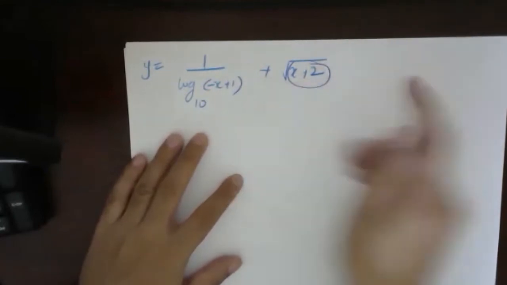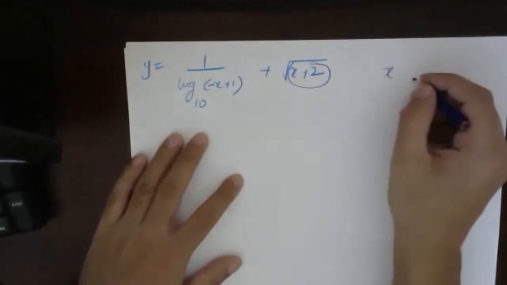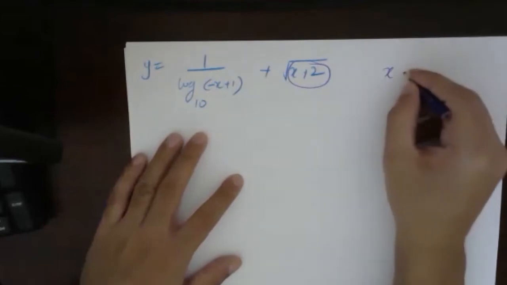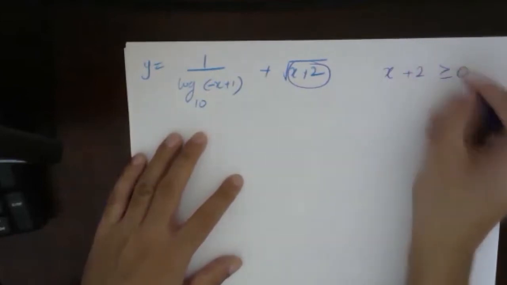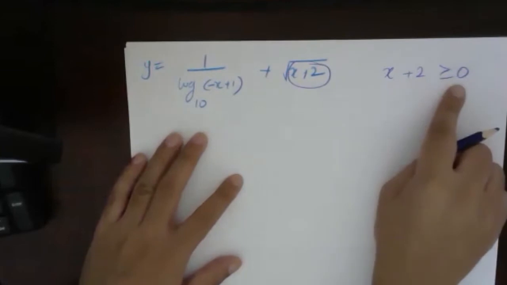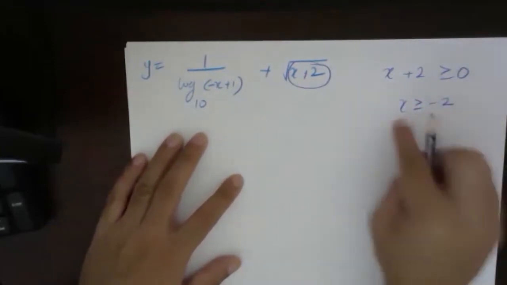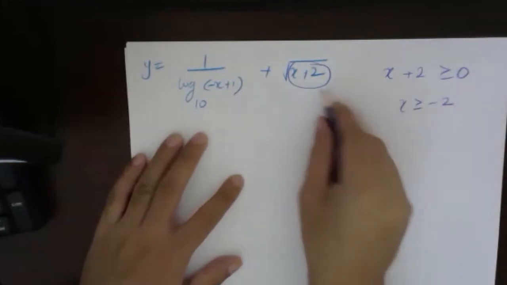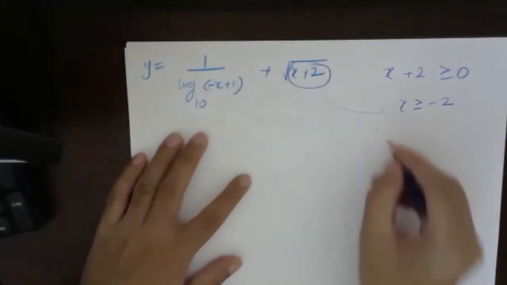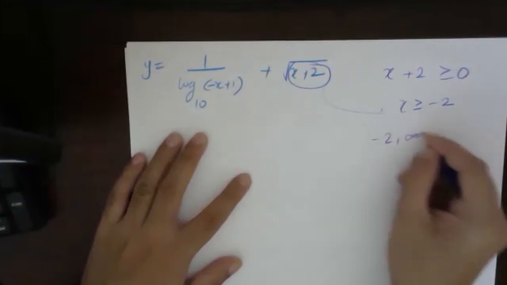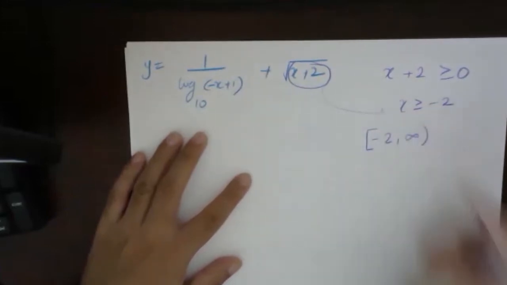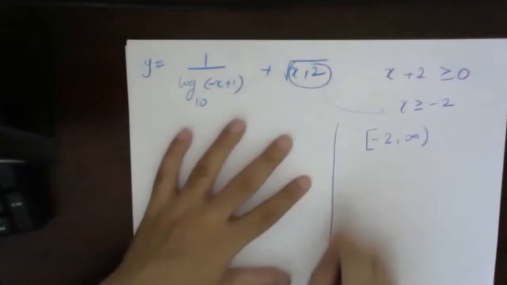So we'll simply write that x should be, now it is correct, Harshada. x plus 2 should be greater than or equal to 0. That means x should be greater than or equal to minus 2 from this part. That means we got, first thing, minus 2 to infinity, where minus 2 is included and infinity is not included, right? So we got this from this part.